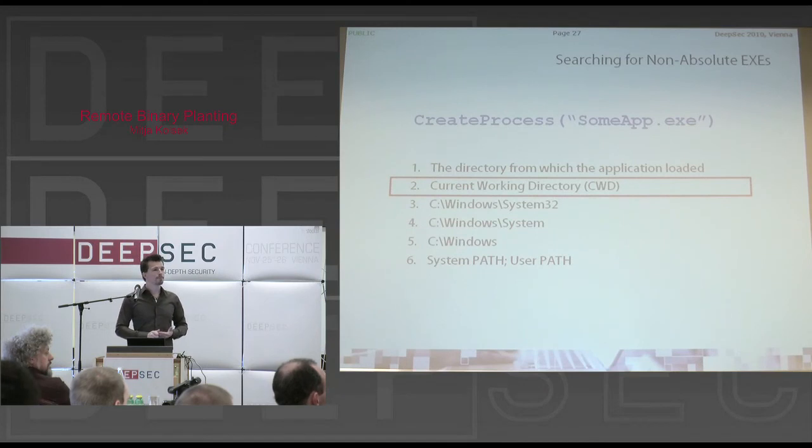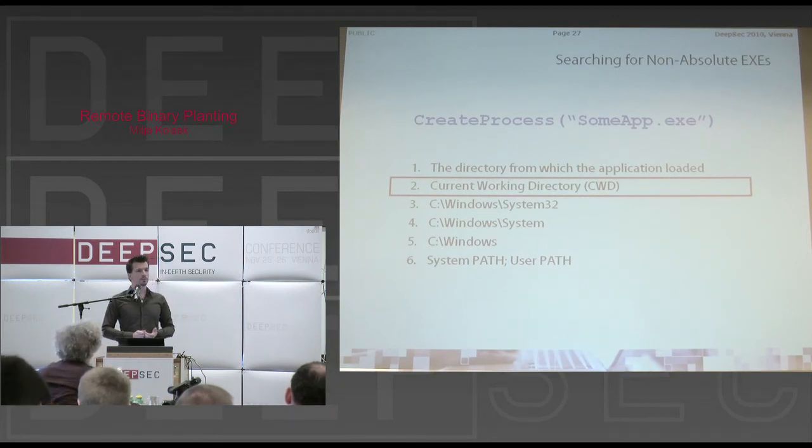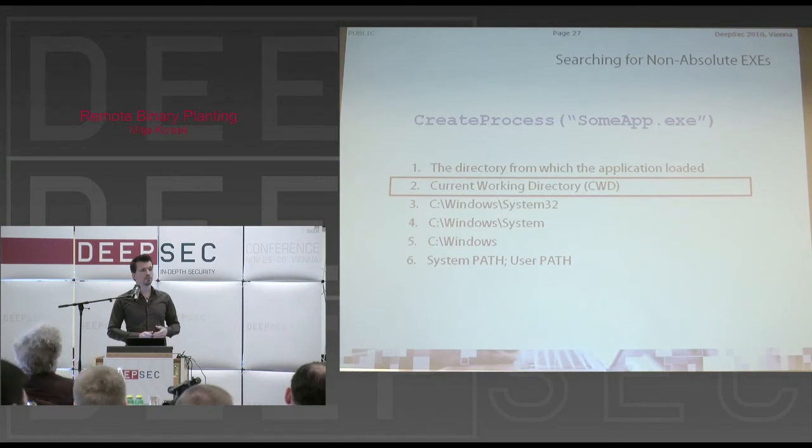Question. On the Unix side, you can do similar stuff with the LD environment variables. Is there something similar in Windows where I can set some environment variables to override some of this behavior? Not to my knowledge, no. I think we've done so much research, I would be very, very surprised if something like this existed. But it's patchable currently with updates.